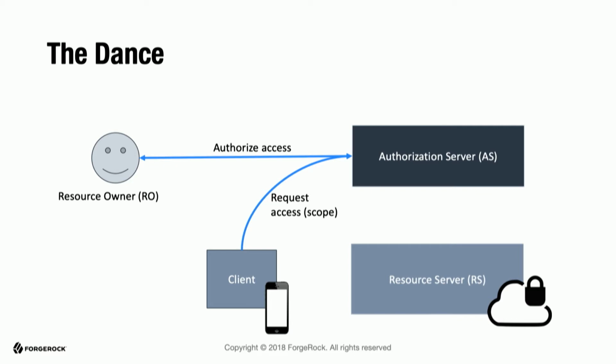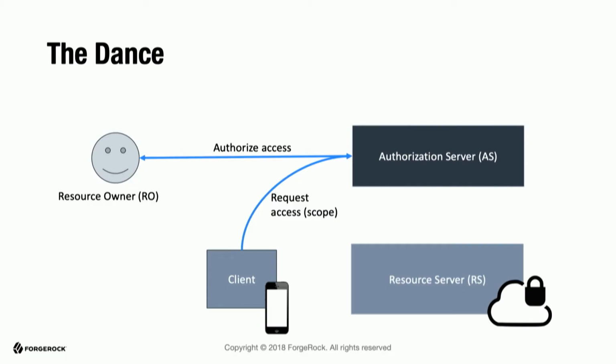The authorization server is then going to talk to the resource owner. It's typically going to authenticate them. You know, they'll be logged in and have a session with the authorization server. So this is typically a redirect in a web browser. So the client redirects the user in their web browser to the authorization server. That's going to log them in and then say, you know, is it cool that this app accesses all your